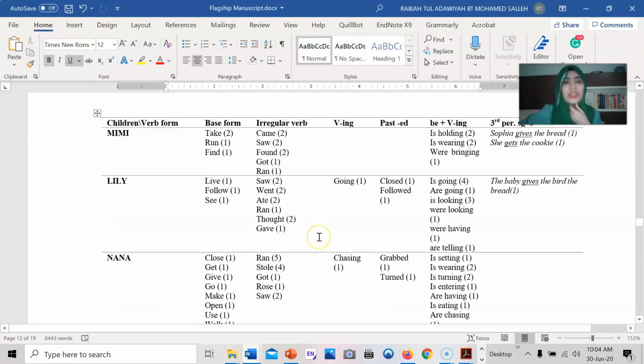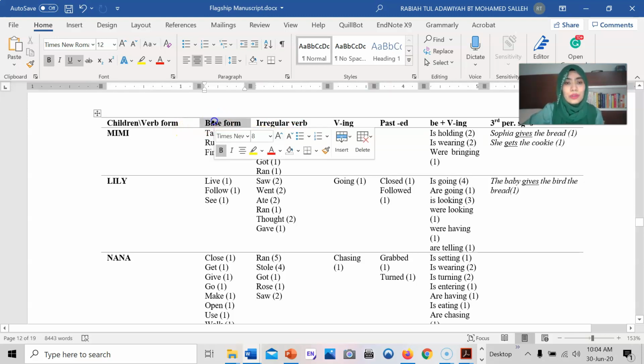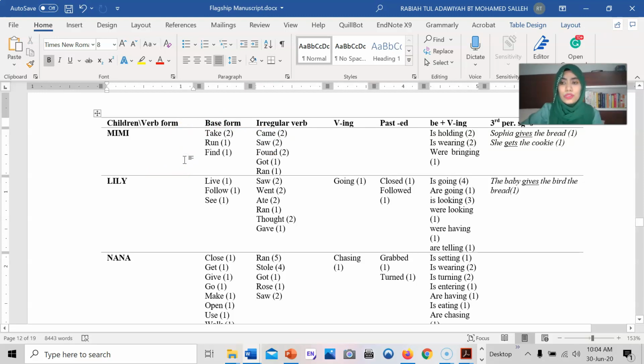Okay, this is my findings in the research. I listed down all the verbs that the participants use, right? All the children in my study use. So yesterday, if you watched the video, I called it default form. You can call that here, because I'm co-writing with my professor, he's also the co-author of this paper. So he said, okay, maybe we change it to base form. So default form you can use, base form you can use. So linguistically we use that. Although in school, as I mentioned before, you tend to call it root word, right? That one also you can use.